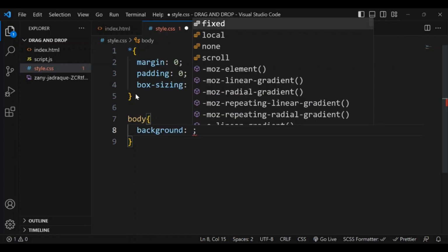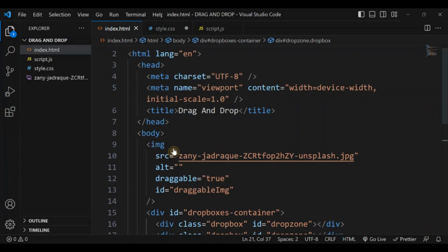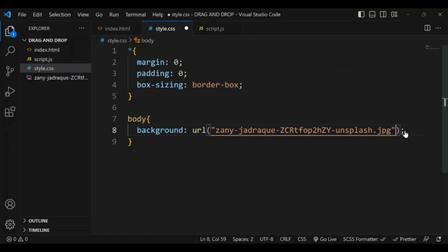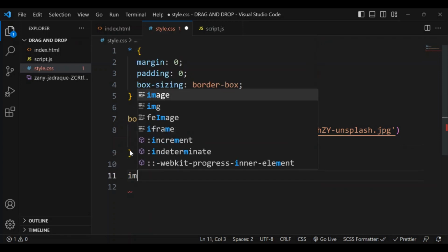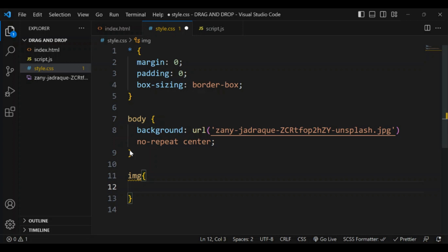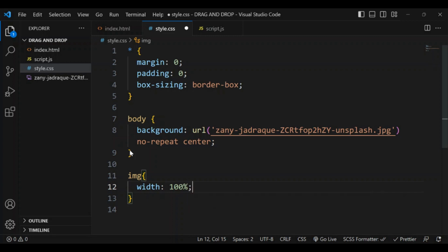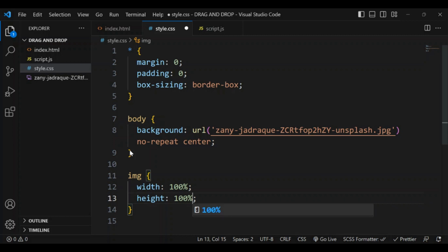I'm going to say background, and I want the URL to be this image we have here. So I'm going to copy this and I'm going to paste. Now I want no-repeat and I'm going to set it to center horizontally. So let's move to the image. I'm going to target the image and I want the width and the height to be 100%. Save,